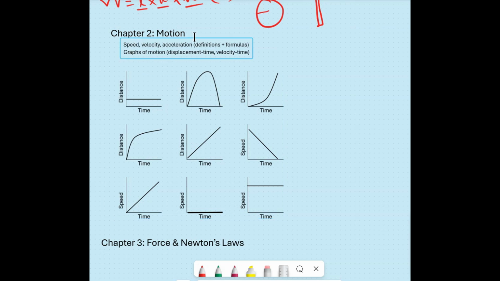The second chapter is motion. Here mainly we are talking about speed, velocity, acceleration, etc. And of course, within the motion, there are a couple of equations we have to understand, like the distance. So for distance, the very basic equation is s equals ut plus half at squared,